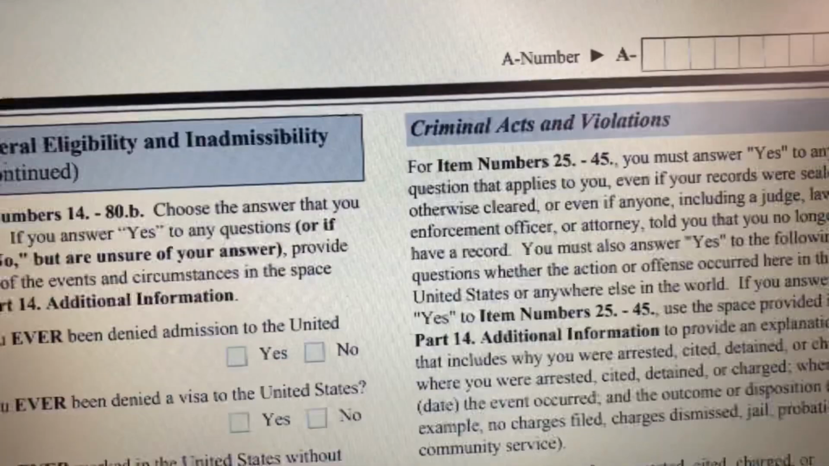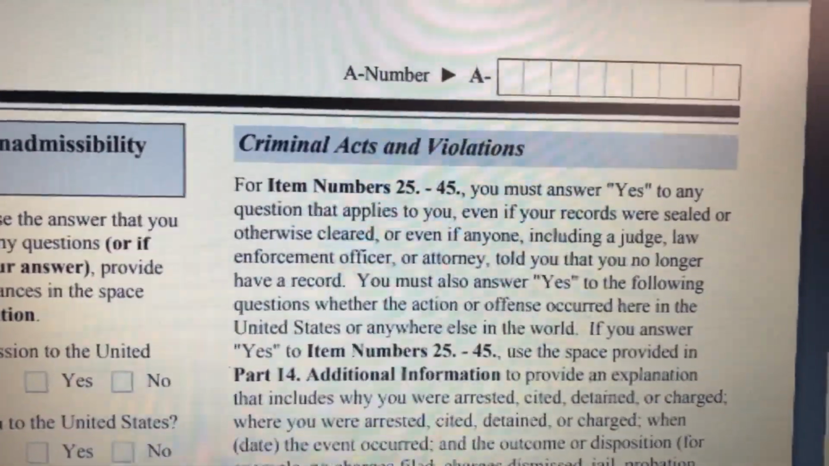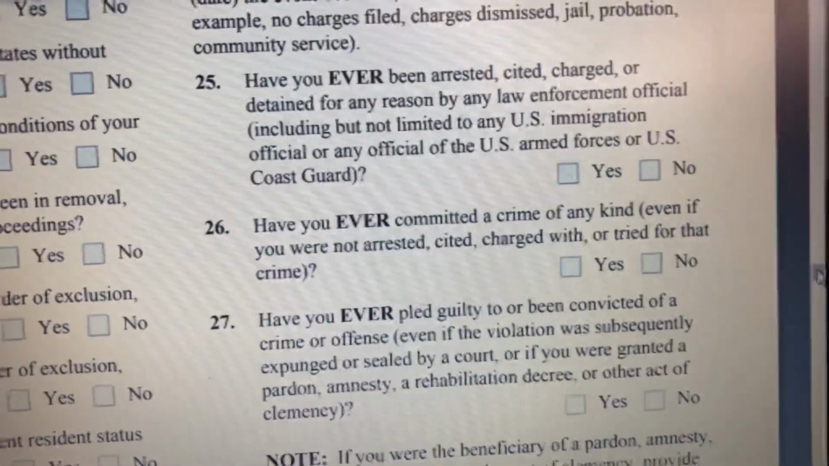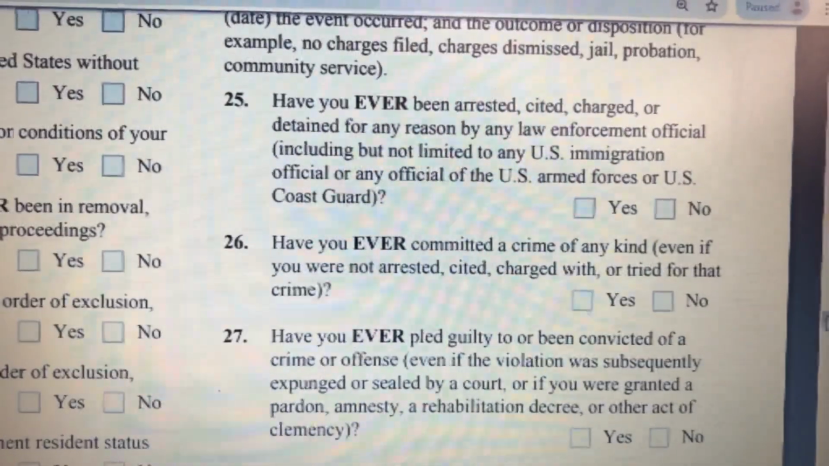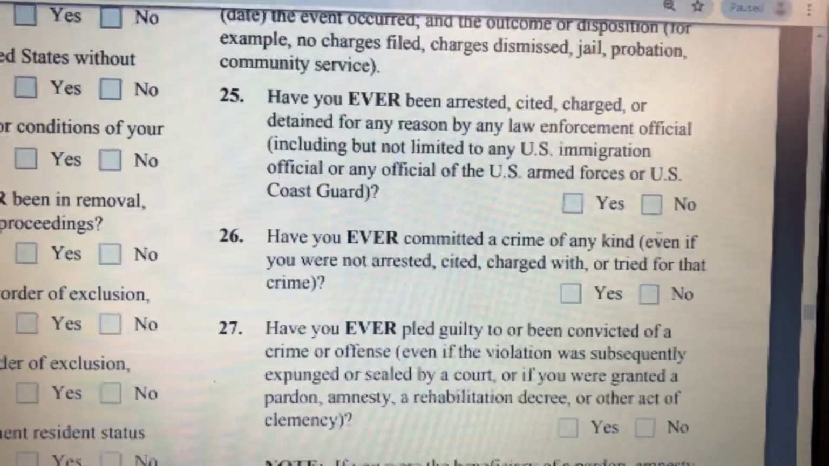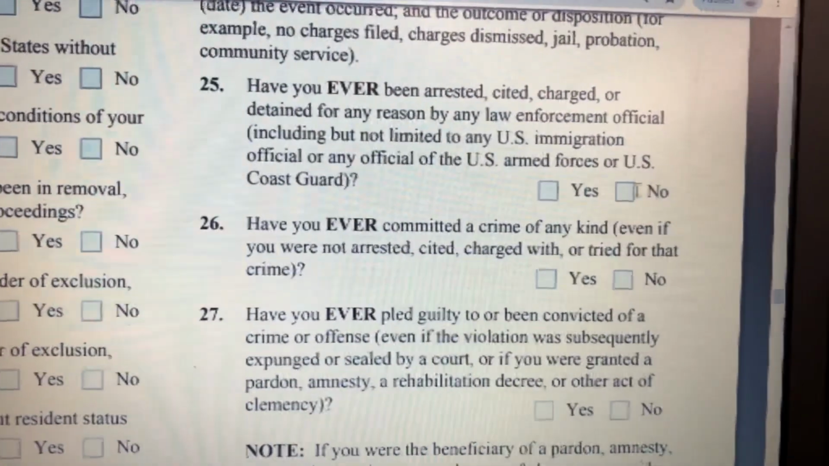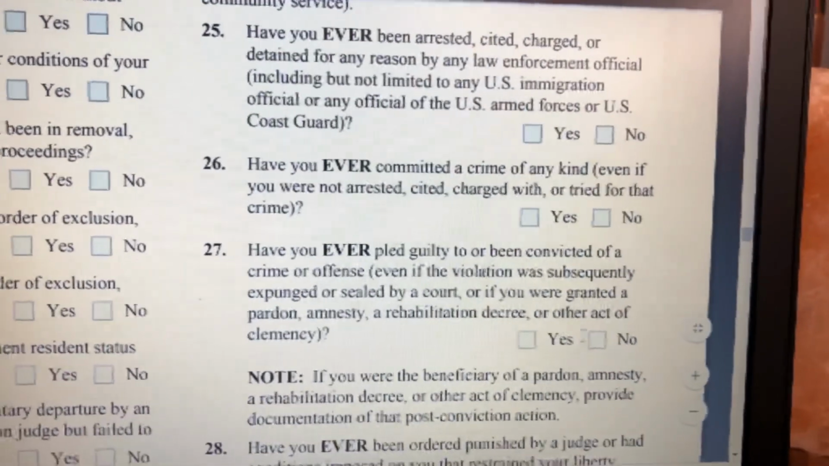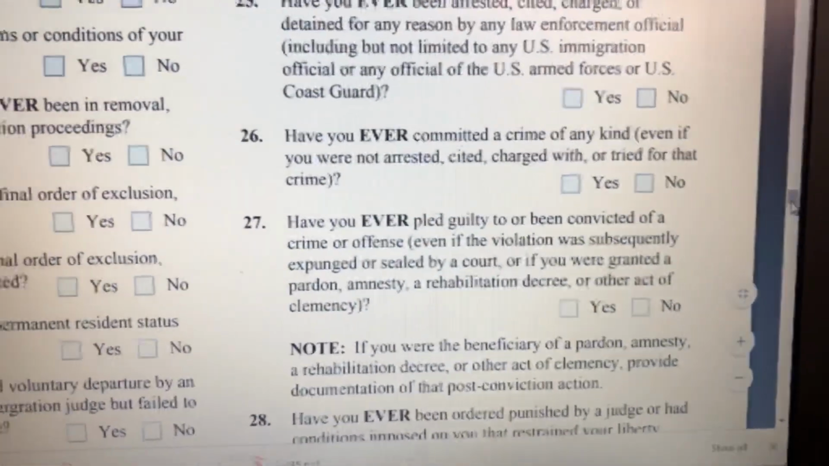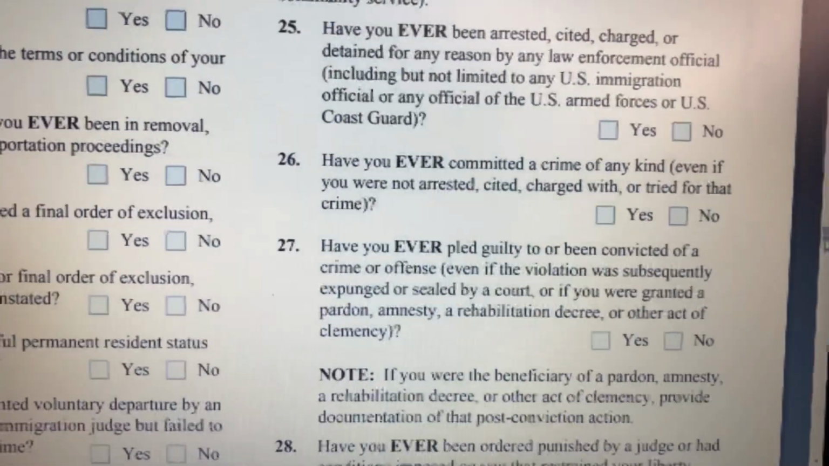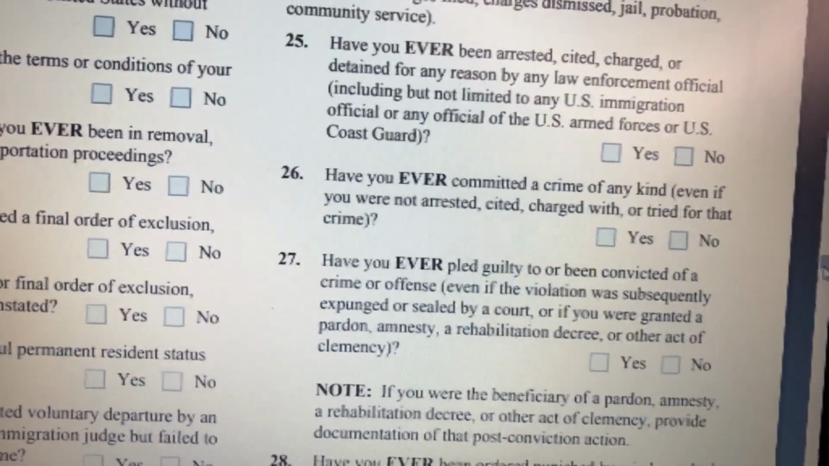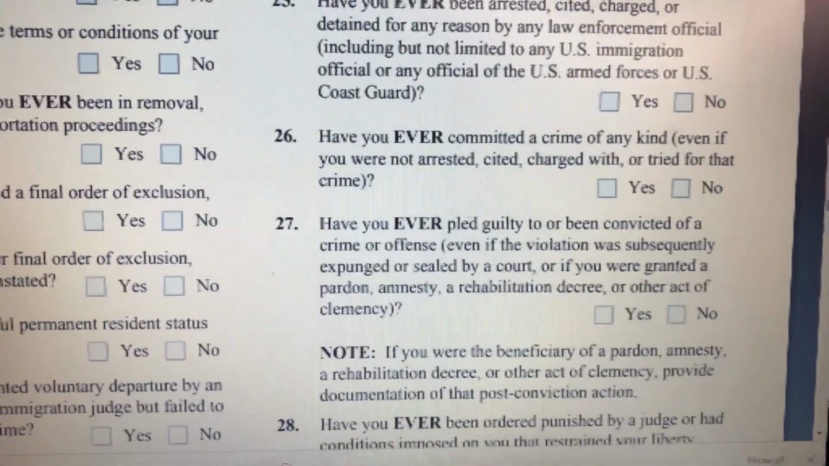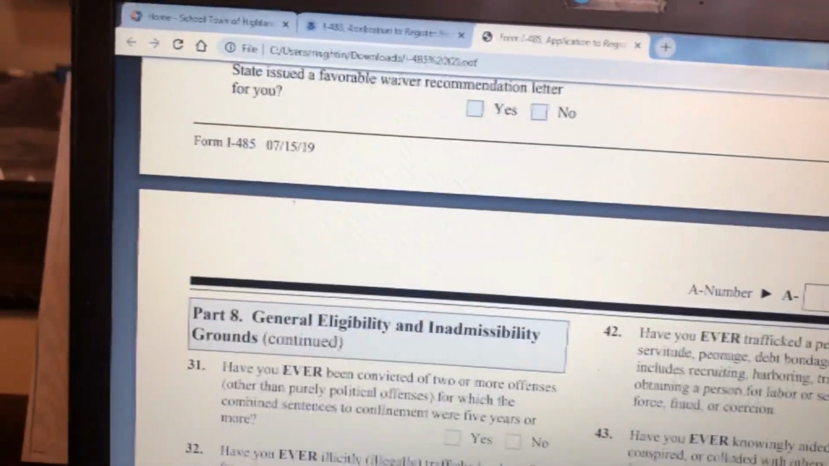Okay, so next, there's one right here, guys, the criminal acts and violation. So there are questions right here as well, guys. So I checked the no box right here, guys. So all the questions right here, guys, I click the no answer. Okay, so just like I said, guys, just read the questions carefully. Don't answer no right away. Okay, let's move on to the next page,